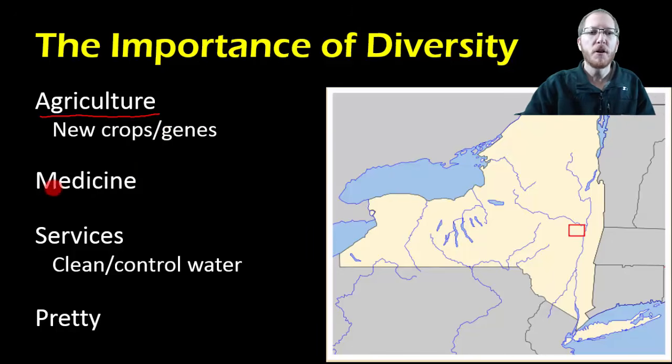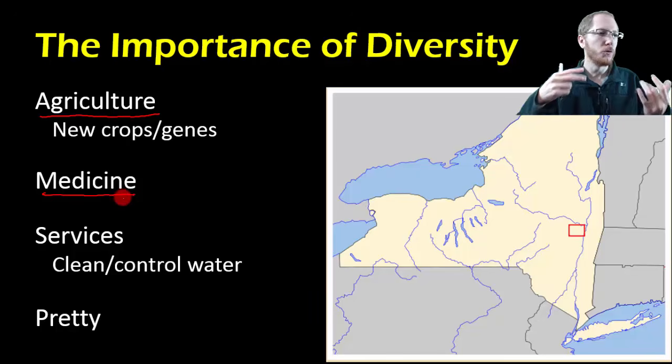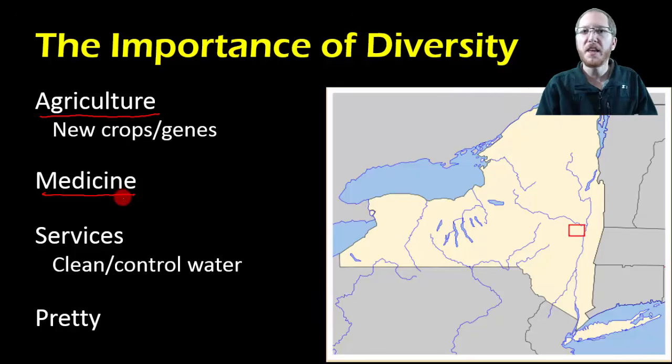The other idea is many of our medicines are derived from plants and in some cases animals, things like snake venom. So if we start getting rid of a lot of these species, we no longer can look at the particular molecules that they possess that have allowed them to survive to now. And so if we can use those things to help us survive, to kill our bacterial infections, to damage viruses or prevent them from causing us harm, to reduce fevers or help our blood clot or help our blood thin, there's all kinds of medicines that are out there, and so many of them have come from plants and animals, it gets to be dangerous if you just wipe them all out. We don't know what potential super drug or cure could be out there that we just destroyed.